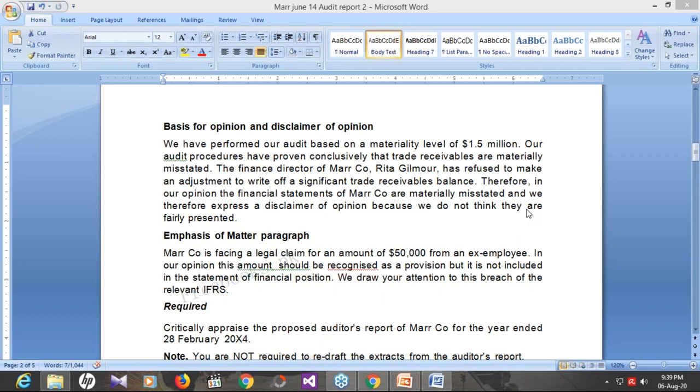So you should practice these questions at home. There are many questions that ask you to evaluate or critically evaluate the audit report, and there are many questions that suggest you to review the impact on audit report. There are 12 to 14 questions in the exam kit and also in past papers. So you can go through these questions. You can see these two types over there.